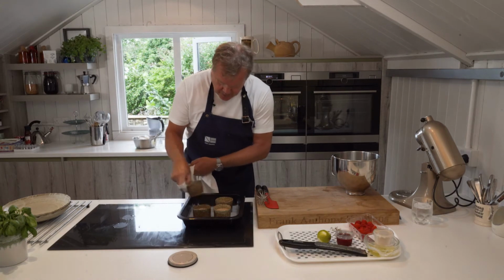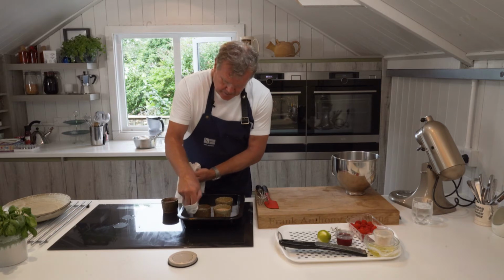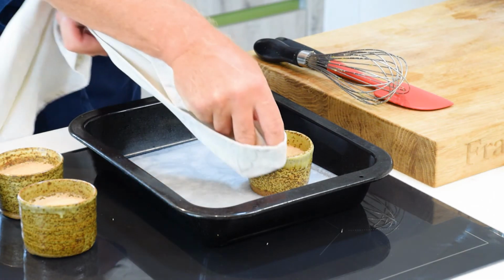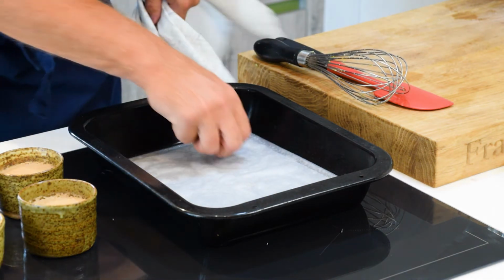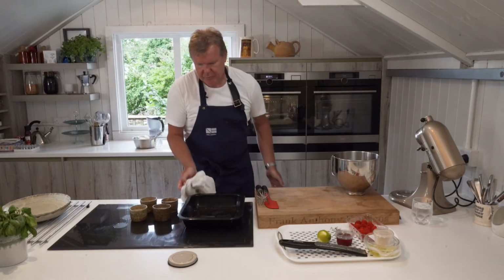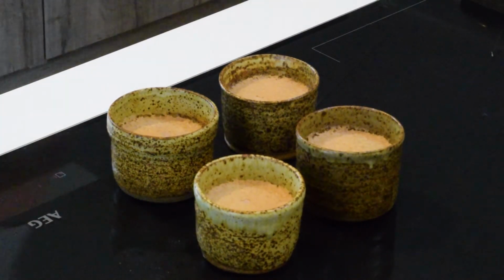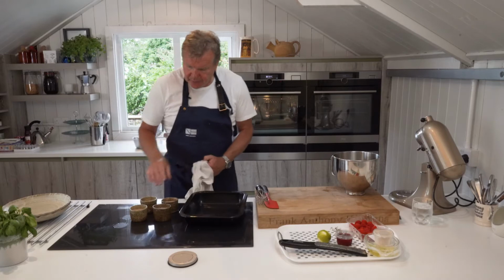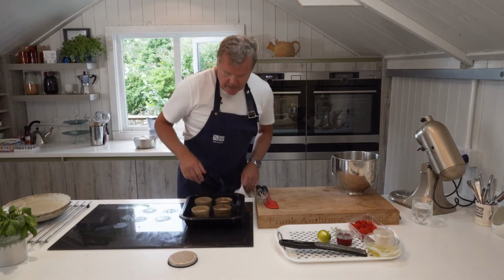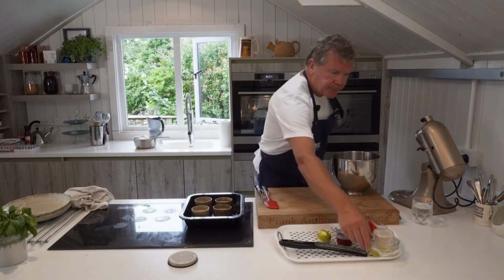And as we're baking them, oh. There we go. Get rid of that. Pull that away. And then we can pop them back in, because we're going to bake them with a meringue on the top. So the next job is